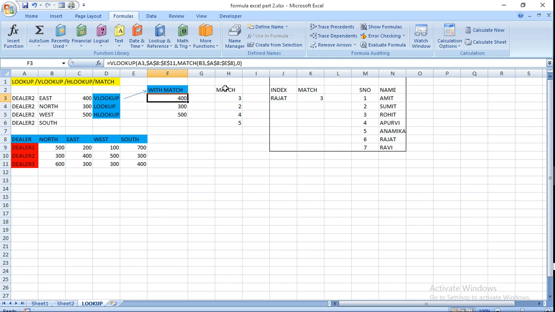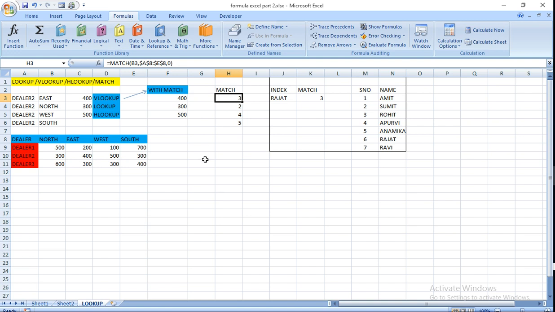Okay, first of all understand MATCH from this place. Here MATCH means you want to match exactly what you want. B3 is Dealer 2, where you have to find it from A8 to E8, then 0.